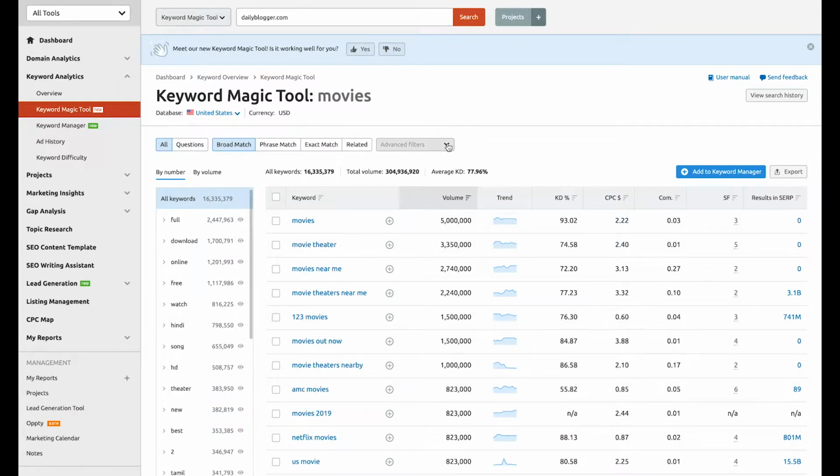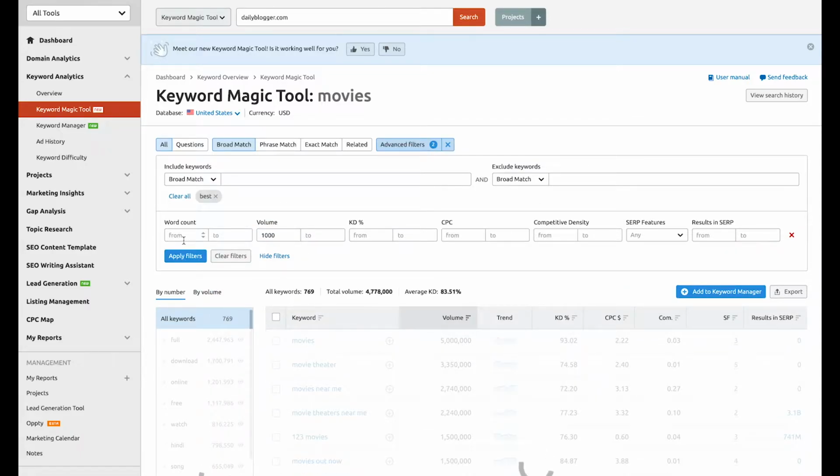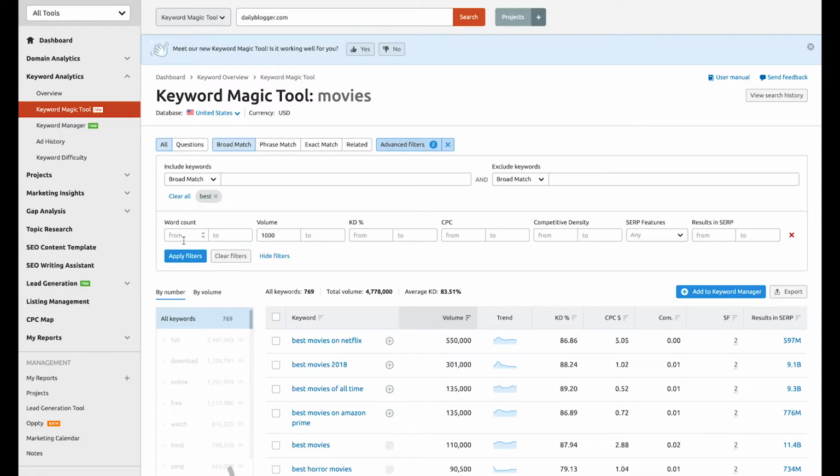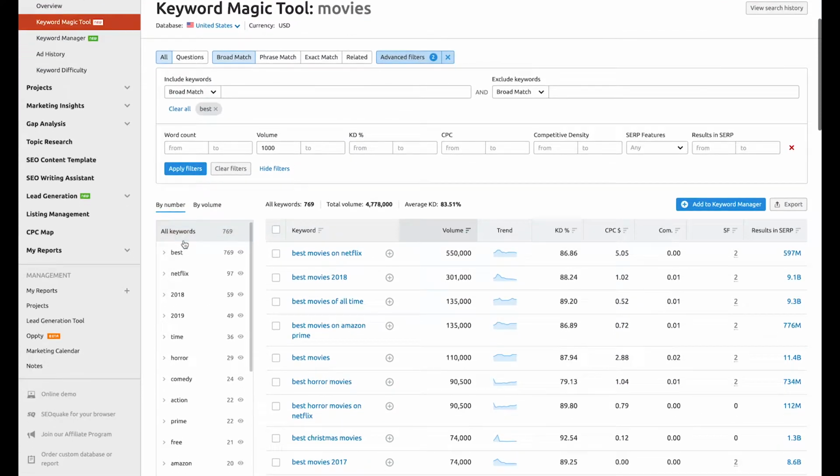And you also have the advanced filters option on the top where you can click and include and exclude keywords if you like, or set up some sort of minimum or maximum search volume or word count or keyword density or CPC, whatever it is. So I'm going to click on include keywords, type in best over here, and also set a keyword search volume minimum of 1000 so that the tool shows me all the keywords that have best in them and have a minimum search volume of 1000,